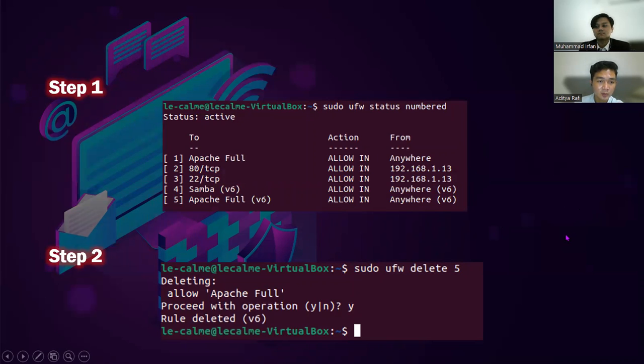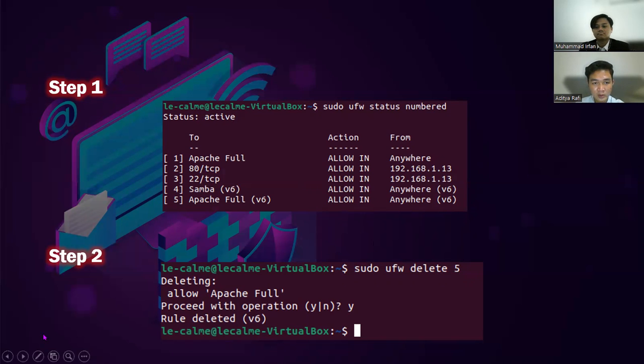The first one, step 1, we enter the syntax sudo ufw status numbered. The function is to see what commands we have entered into the firewall.